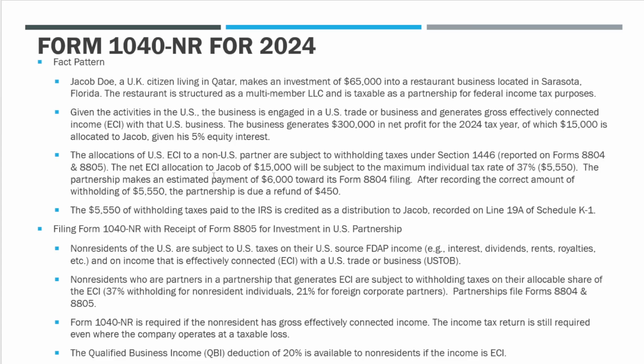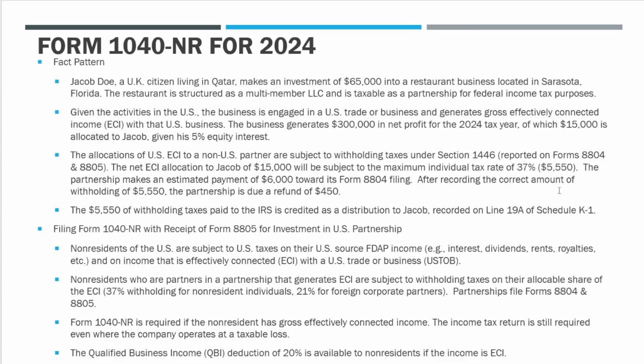Now, because this is a partnership and it's engaged in a U.S. TOB with ECI, the allocations of U.S. effectively connected income to any non-U.S. partners are subject to withholding taxes, and this falls under IRC Section 1446. The partnership reports all of this information on Forms 8804 and 8805. Now, the net ECI allocation to Jacob of $15K is going to be subject to a maximum individual tax rate of 37%. So on his $15,000, the withholding tax that the partnership is required to pay is going to be